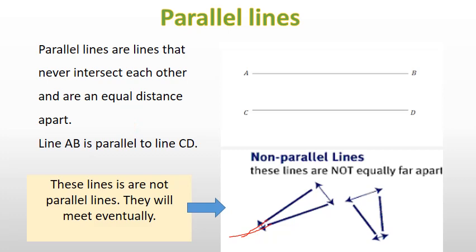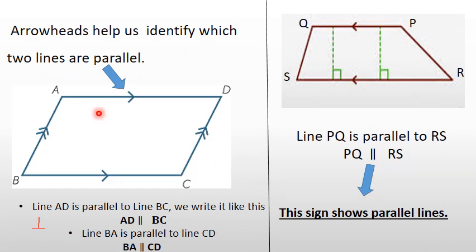So there are two indications which tell us whether lines are parallel or not. First of all, parallel lines would never meet with each other. Even if you just imagine them moving, they would never meet. And second, the gap between them always remains the same. Got it? So let's say I have this diagram. As you can see, this is called a parallelogram. Now I can see that line AD and line BC are both parallel to each other. How? Because the gap between them always remains the same. Line AD and line BC, the gap always remains the same.